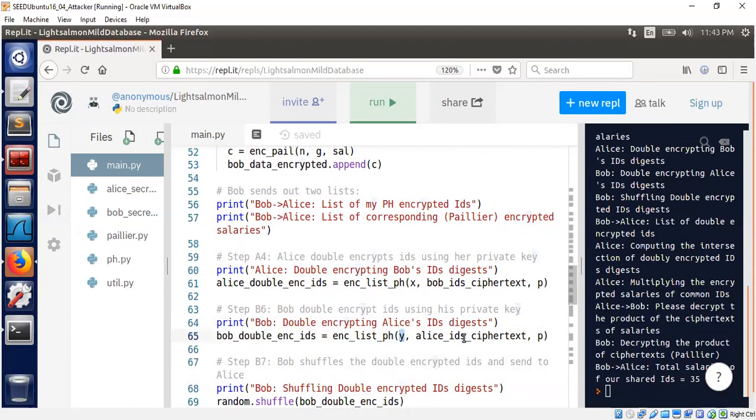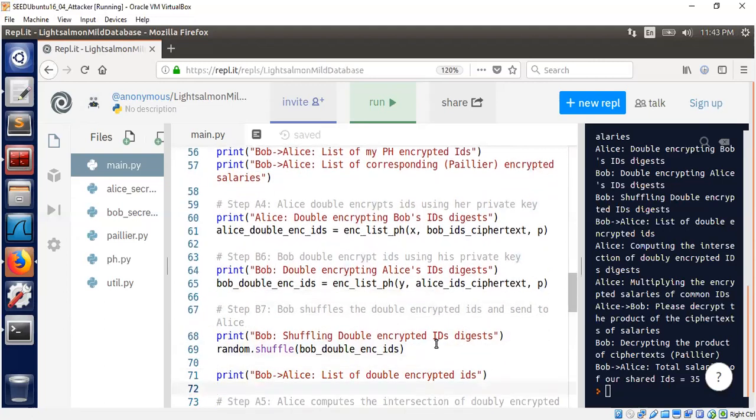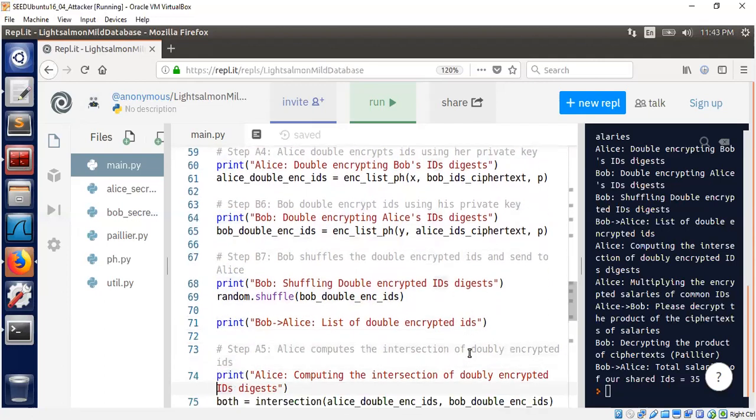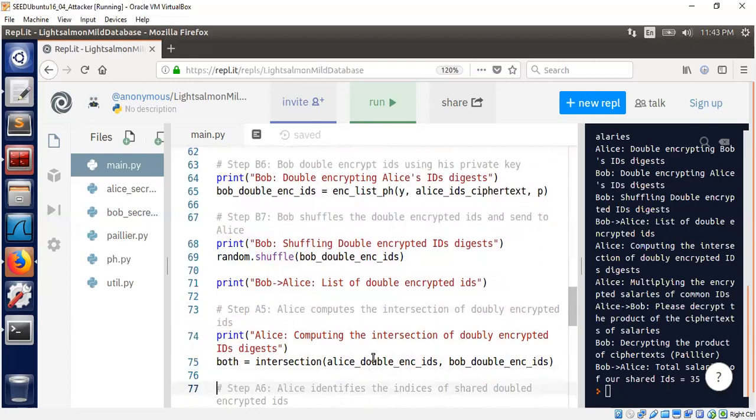That he already generated, right? Okay, at this point, Bob rotates the IDs and then sends it to Alice. When I say rotate, I mean shuffle. Okay, Alice will now compute the intersection of doubly encrypted data sets, basically the social security numbers sent by Bob